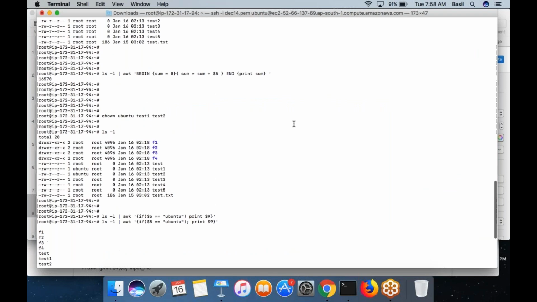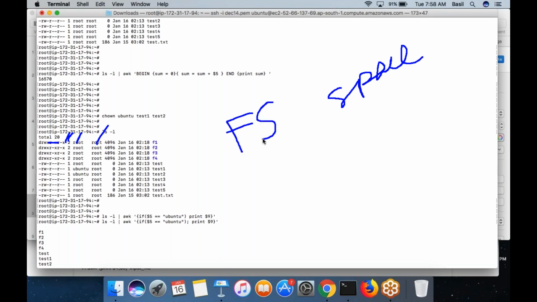So let me ask you one question. Of course, now you know that whenever awk finds a space, it would treat that as a new field in the record. This is the first field, second field, third field, fourth field. By default, it is the space that becomes the field separator of our command.